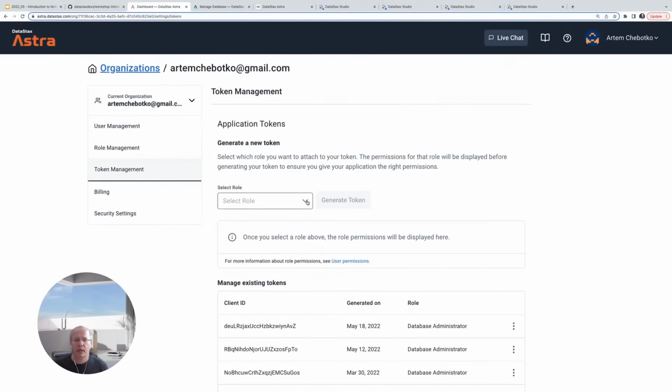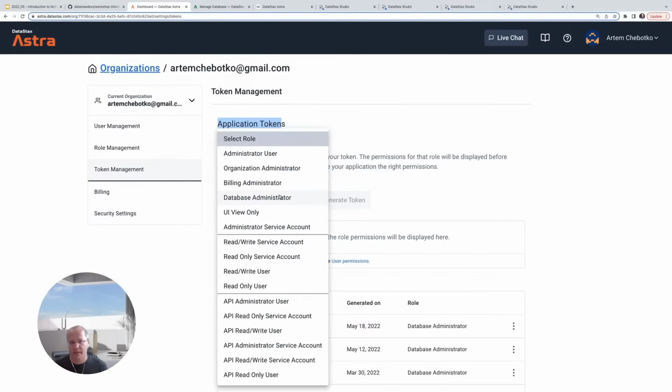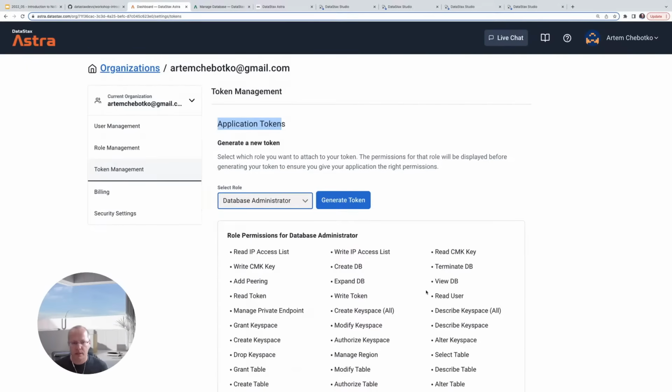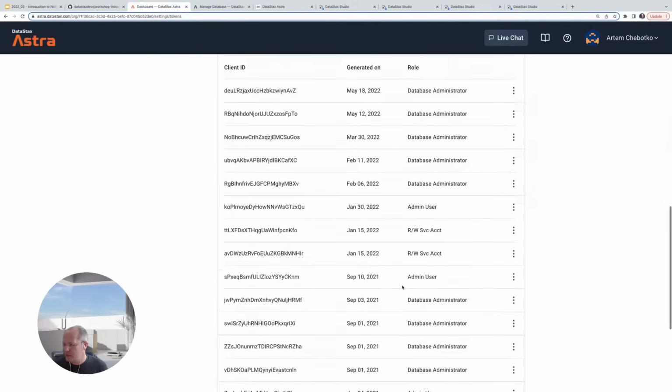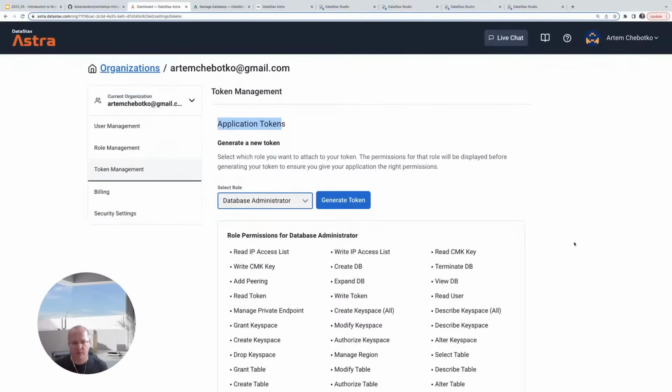and you select. So this is called an application token. Okay, and you will select the role that will be used for authorization. So essentially, what kind of privileges will that token come with? In our case, database administrator, that's a lot of privileges. Okay, you can see these permissions for this role. Okay, and I have a bunch of those tokens. Some of them are used with services, applications, and some of them were just created to do demos like this. So I'm going to click Generate Token,